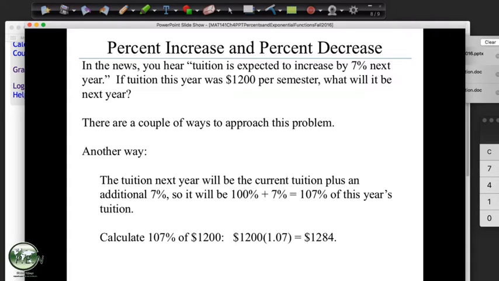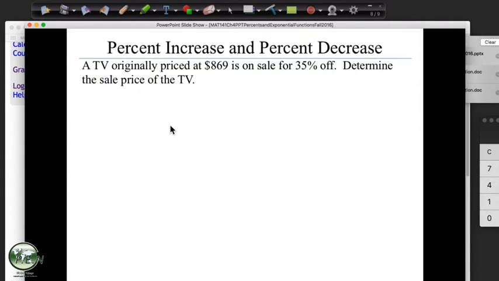Okay, so it's good. Well, let's do this one. It's going to be kind of similar, and then we'll see what they do. Again, we could figure off the 35% off, but what's a better way to do this? The price of the TV was 100%. What's it going to be now? We're going to take 35% off of it. So how much are we going to pay? It's a little tricky. 65%?